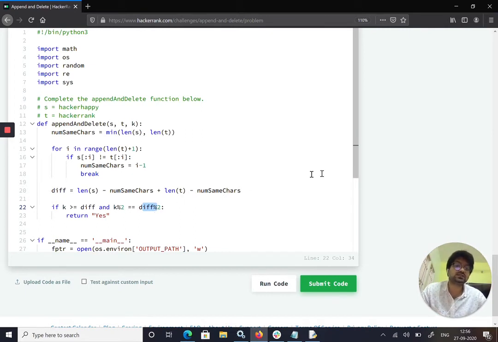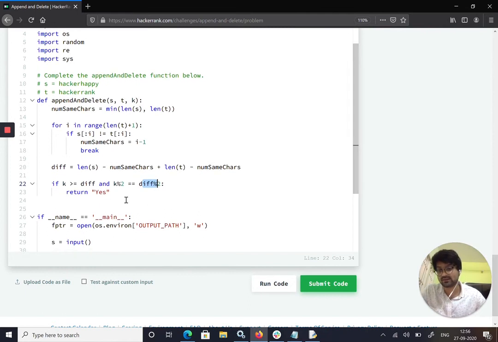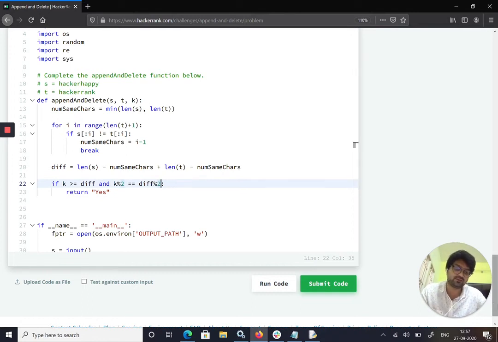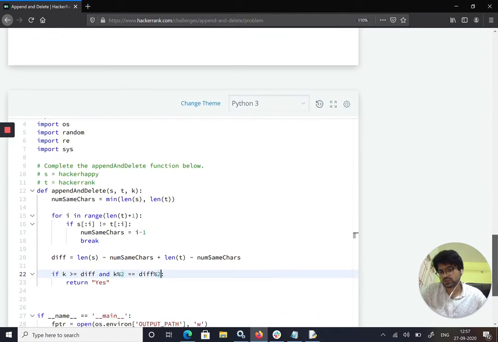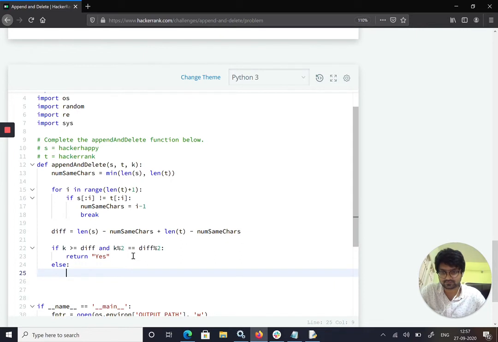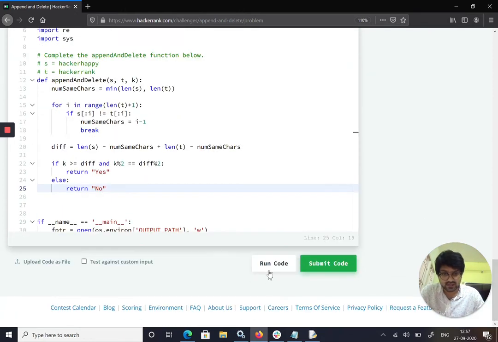So we are taking that as an edge case and having a condition there. Next, else, we know that it doesn't match, so we need to return no. We can't perform those operations if there are fewer moves. Now let's run.